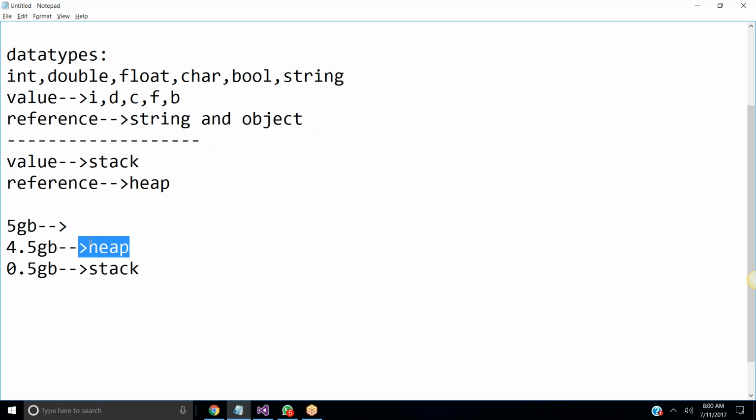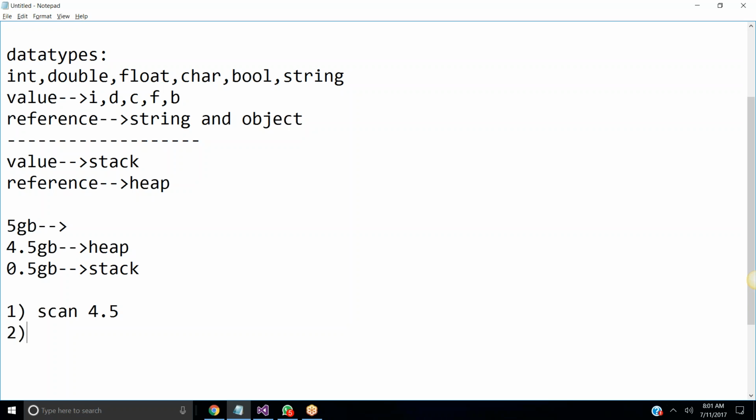You must insert in this place and delete in this place, first in first out, there is nothing like that. So if you want to store any value, you just need to scan the entire 4.5 GB of memory. You need to scan the entire 4.5 GB and check which place the memory is free. Then after scanning the entire 4.5 GB, once you identify the free space, in that free space you need to store the value, and the free space address you found, that address also you need to store in stack.